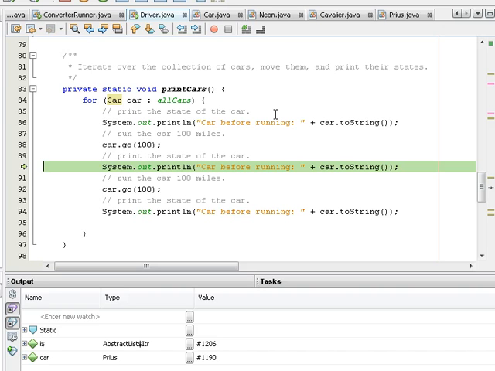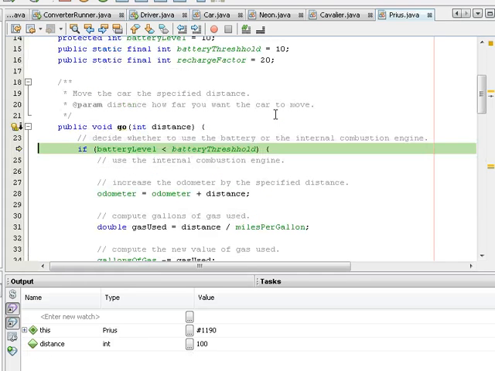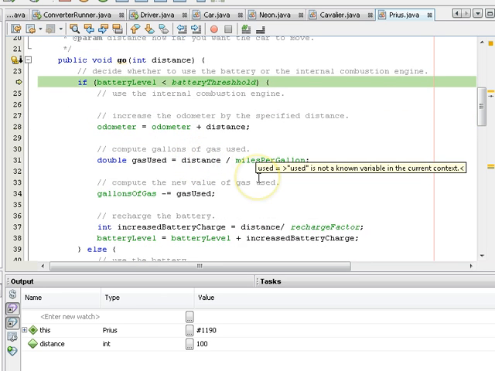And now we're back in Driver. Now we're going to do the return trip, and once again, we still have a Prius object, a Prius object stored in a variable of the supertype Car. Once again, on that Prius, I'm going to choose F7 to step into the go method. And this time, because I'm doing the return trip, what's my battery level? 2, very low. What's the threshold? 10. If 2 is less than 10, then we need to run on the internal combustion engine and recharge the